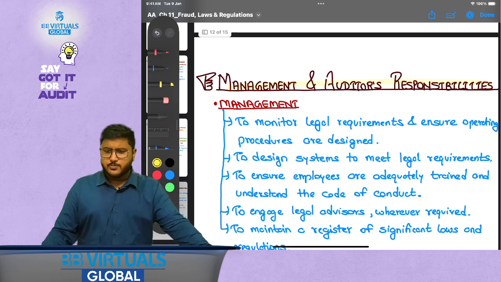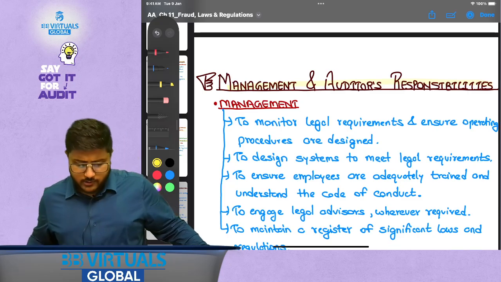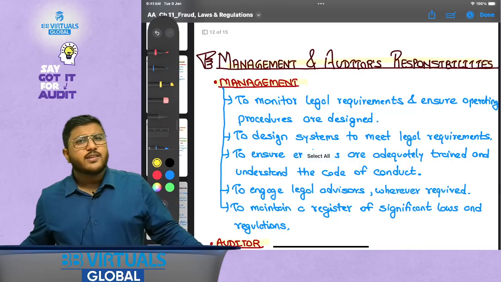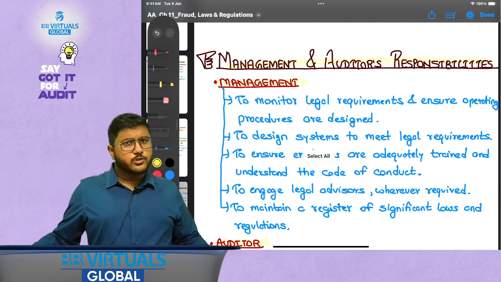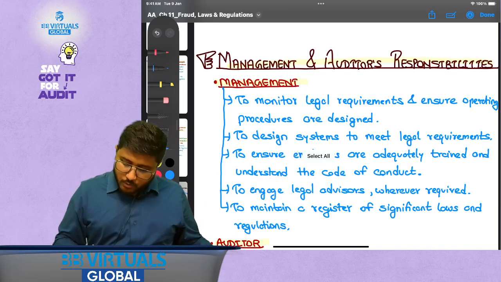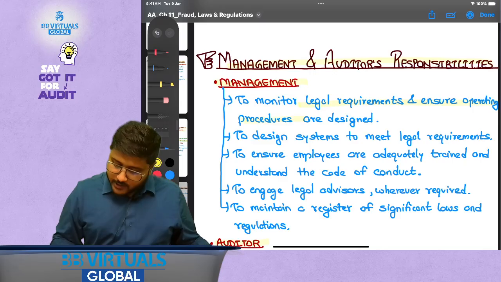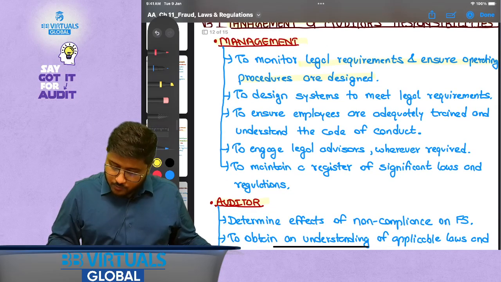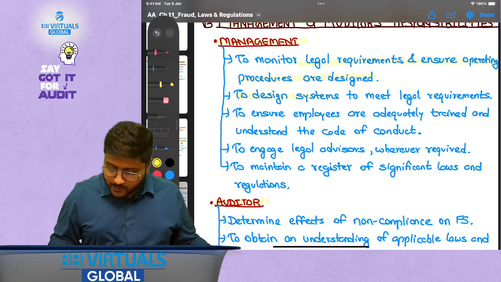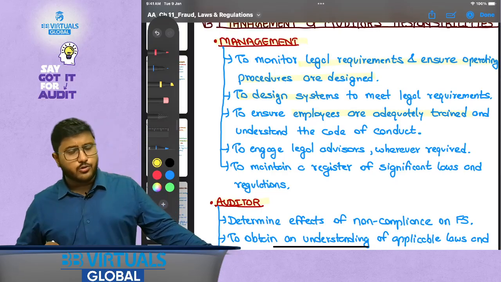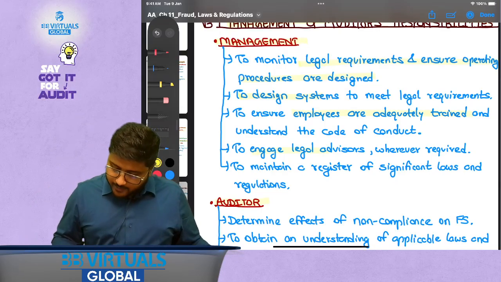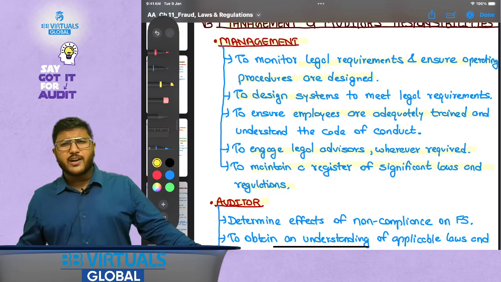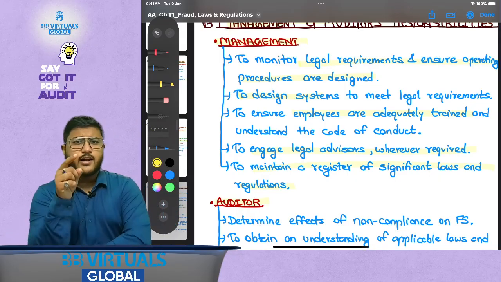Now let's talk about management and auditors' responsibilities. When I talk about management and when I talk about auditors, what are the responsibilities? See, for laws and regulations, primary responsibility should be of management, definitely. So to monitor legal requirements and ensure operating procedures are designed to comply with it, to design systems to meet legal requirements, to ensure employees are adequately trained and understand the code of conduct, to engage legal advisors wherever required, and to maintain a register of significant laws and regulations. Do you need to mug it up? No. But what you need to understand is that